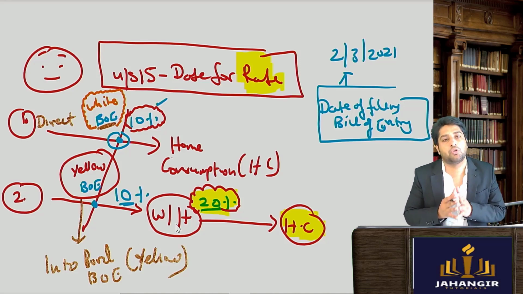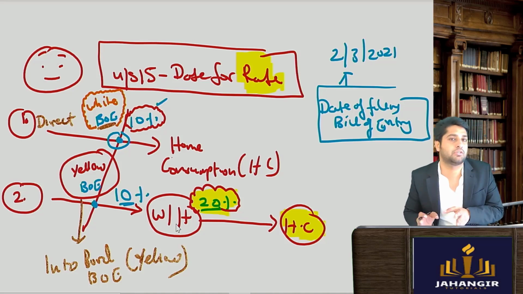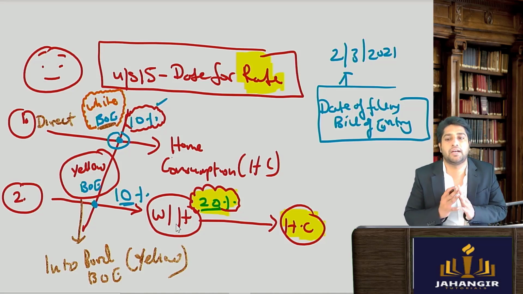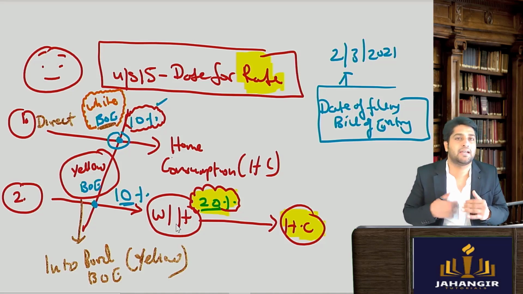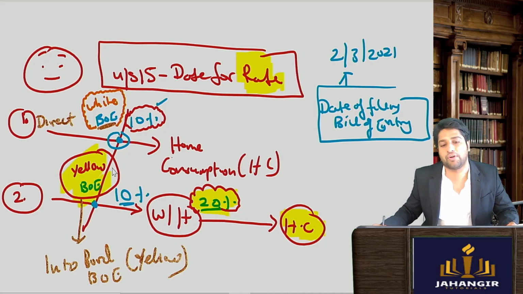So when the goods are going to be deposited into the warehouse, that time a bond needs to be signed, a triple value bond, saying that I will deposit into the warehouse, I will pay the duties on it, it's not an offensive good, any kind of penalty I will pay. So that will be in a yellow color bill of entry. This will be in a white color bill of entry.